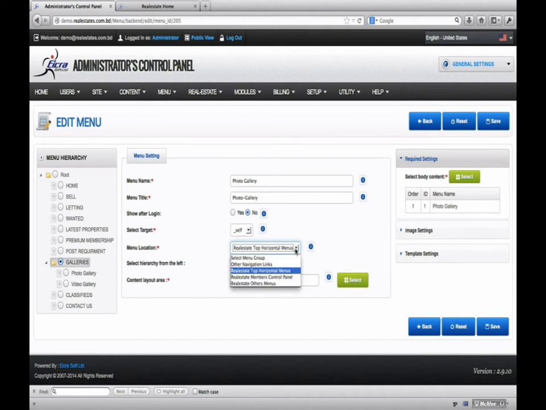Now this area is basically the menu location. This is the group where you want to set your menu for, and we have 4 or 5 groups here. Once I select one group, it will bring the list of these nodes on your left hand side, and you can set where your menu will be exactly, hierarchy to the position of the left. And here I select as a root of gallery. It means this menu comes as a top, as a mother menu,